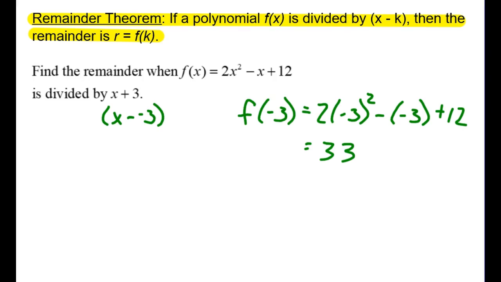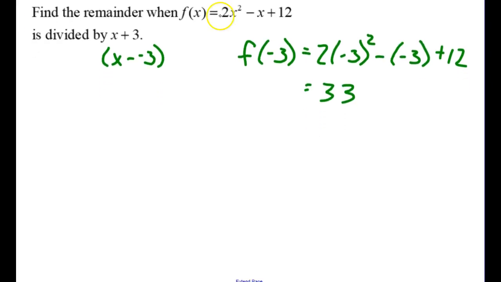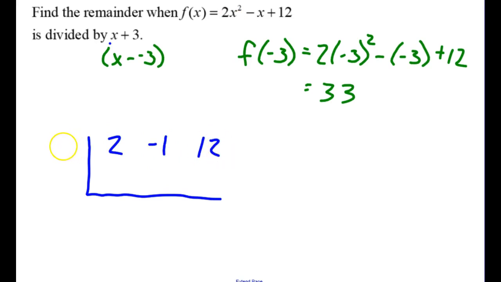Now we're going to go through and divide these two polynomials. So we have 2x squared minus x plus 12 divided by x plus 3. If we're dividing by a linear binomial, linear meaning the exponent on our variable is 1, and binomial meaning two terms, that's what we have, so we can use synthetic division. We create our box. The coefficients we put across the top come from the original polynomial, so we have 2, negative 1, and 12. The value we put outside as our multiplier is going to be that k value, which in this case is